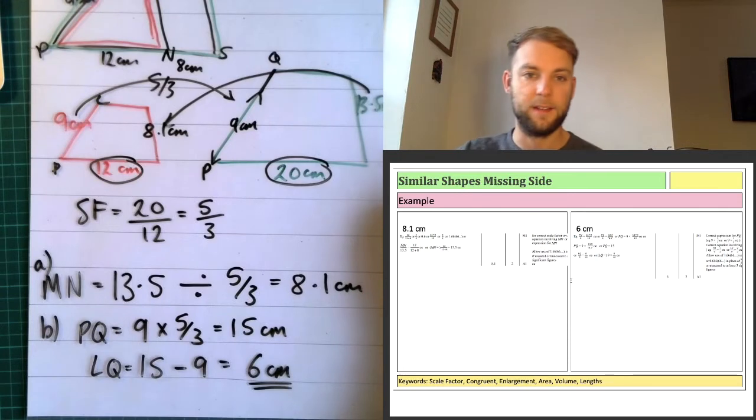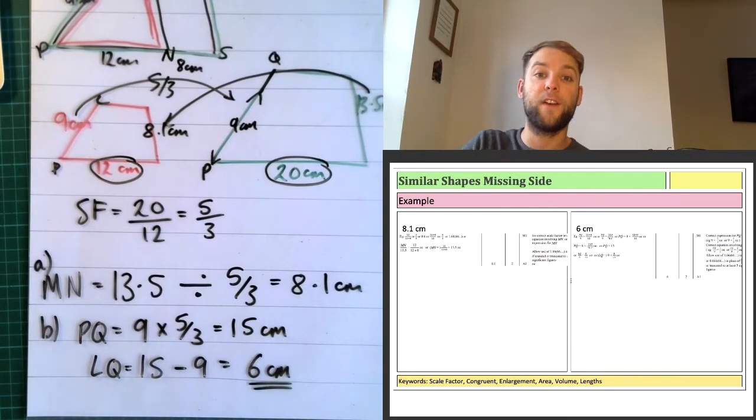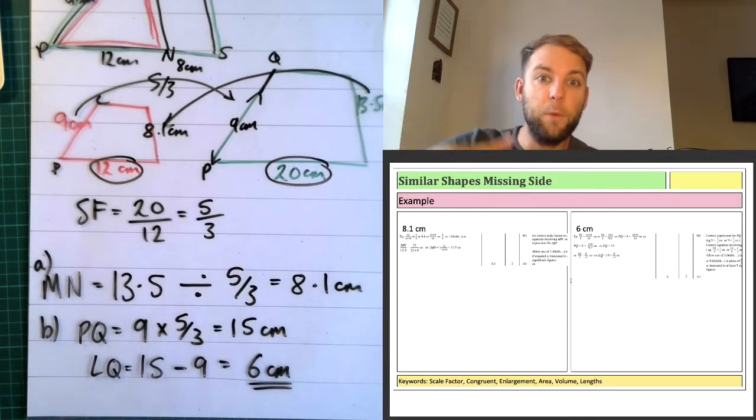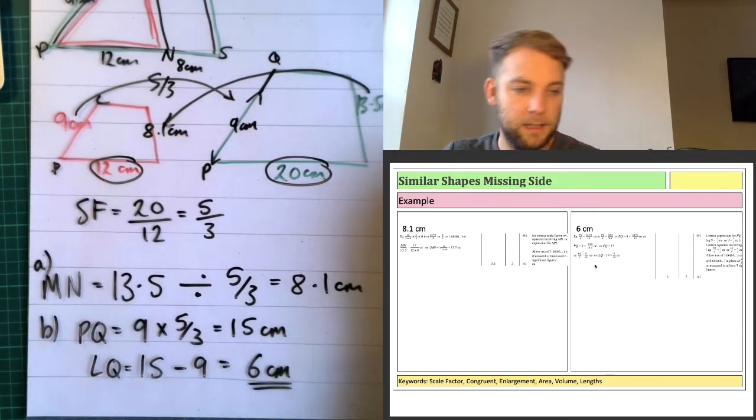8.1, 6 centimetres, brilliant. Okay, just that extra little part, knowing that we found the full length, and then we've got to find that little part there. That's the tricky part, isn't it? Okay, so